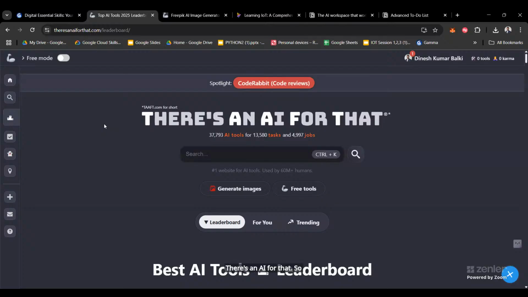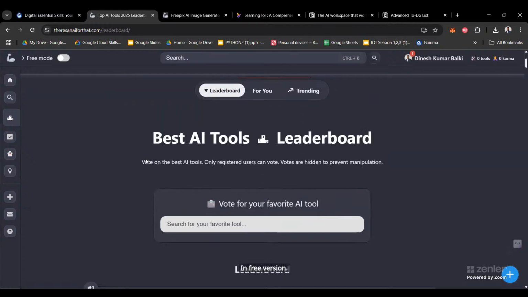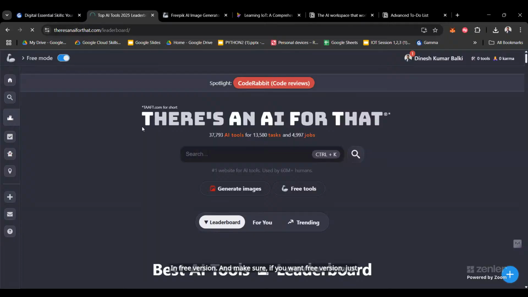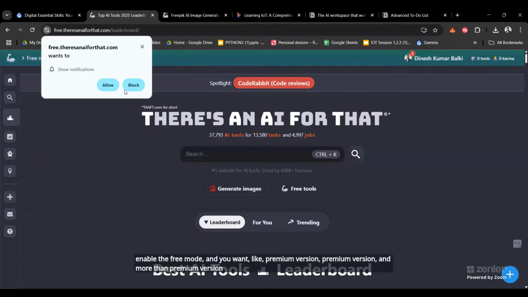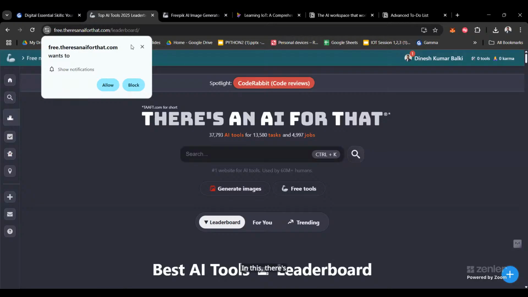So this is all about There's an AI for That. You will get all such good AI tools in the free version. And if you want the free version, you just have to enable the free mode. And if you want the premium version, or more than premium, that you require, you'll get it in There's an AI for That. So once you're complete with this,